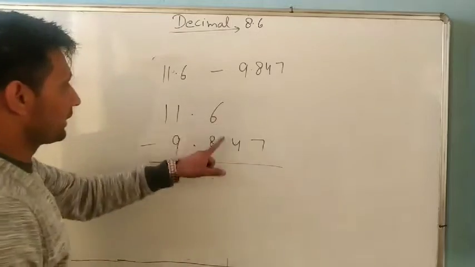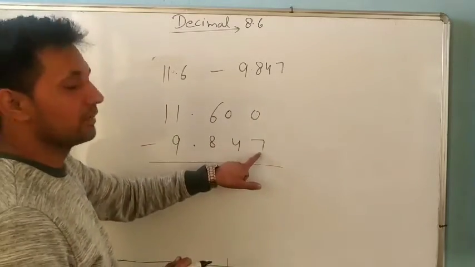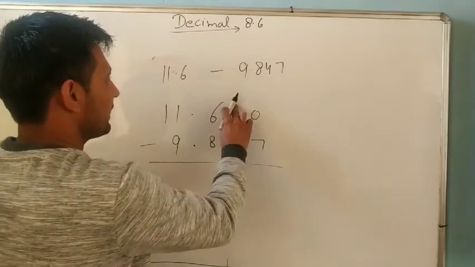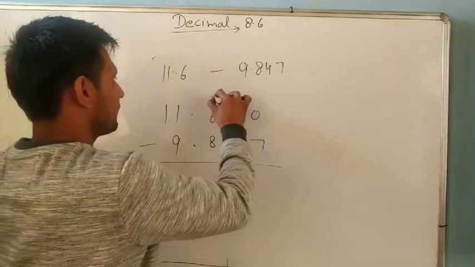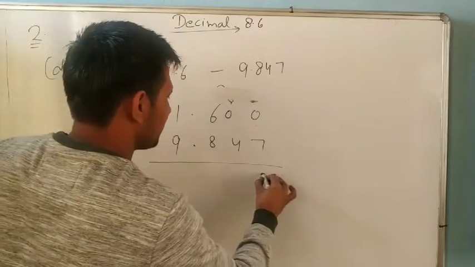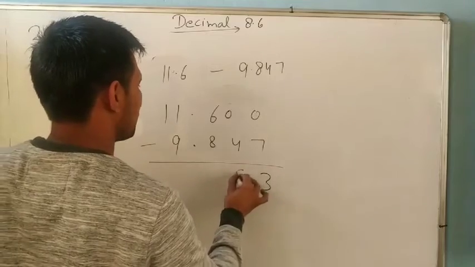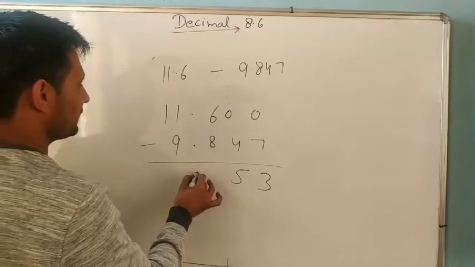Okay. But here there is no number, so you can write 0 in place of this one. Now 0 is smaller than 7. So 1 carry from here. Here is 0. So we will take 1 carry. So how much? It is 10 minus 7, 3. Everyone knows. It remains 9. 9 minus 4, 5. And here 5 remains.